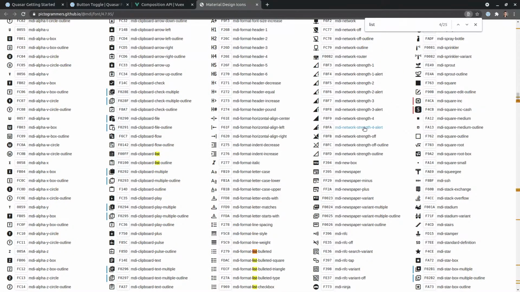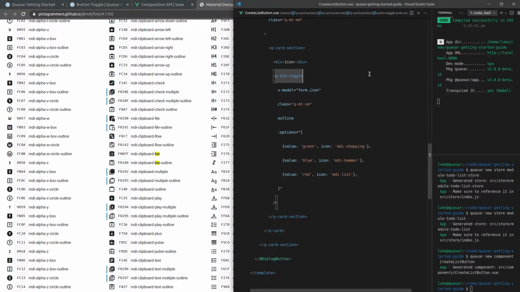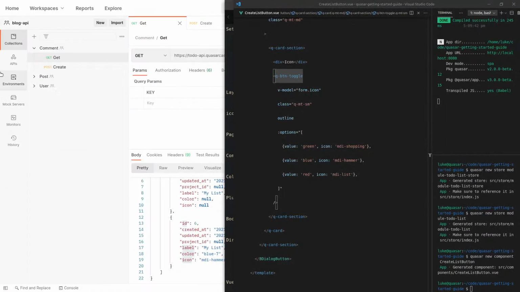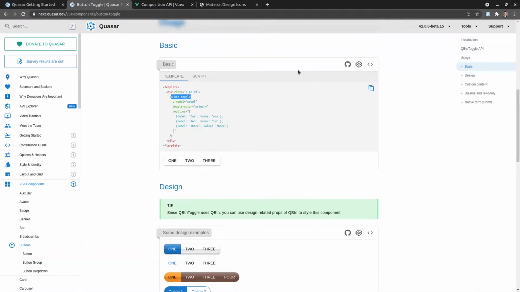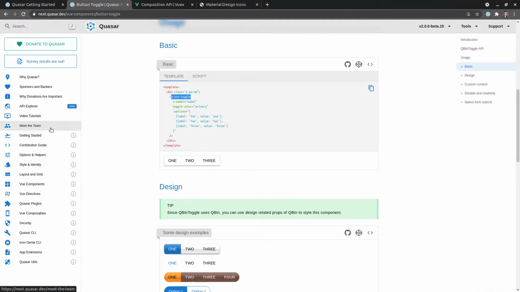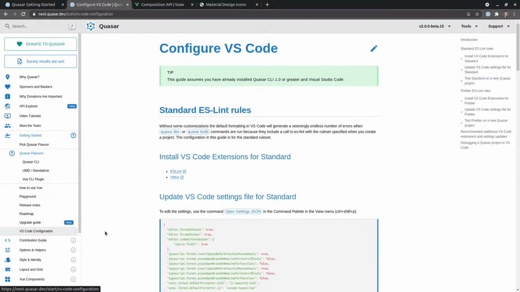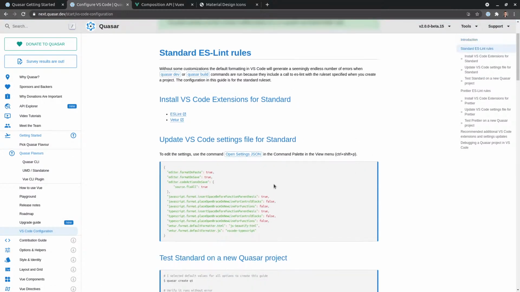Which extension reorders? Oh, so I'm using my linter for that. So if you go to the Quasar docs, they show you how to set this up properly. I know it can be quite a bit overwhelming in the docs sometimes because there is quite a few things that you can do there. Yeah, I had trouble getting it to work as well, but it was awesome once I got it going. First of all, I don't use Prettier. So if you're using Prettier, I'm not sure I can help, at least right now. But I think it's in the getting started guide, VS Code configuration maybe. Yeah, here we go. If you go to the VS Code configuration at the end of the getting started guide,